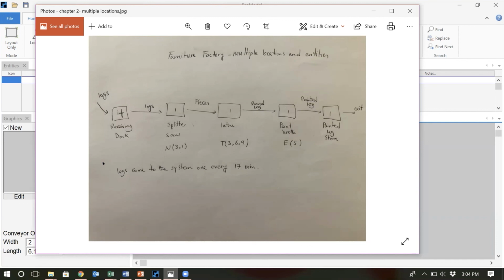So arrivals are always for the entities that are coming from outside. If you have 3 entities that are coming from outside, perfectly fine. Define 3 arrivals. But arrivals are always for entities that are coming from outside to your system. And here logs are the only entities that have that condition. Okay, and this is all I have about the arrival. Logs come to the system 1 every 17 minutes. So with that in mind,